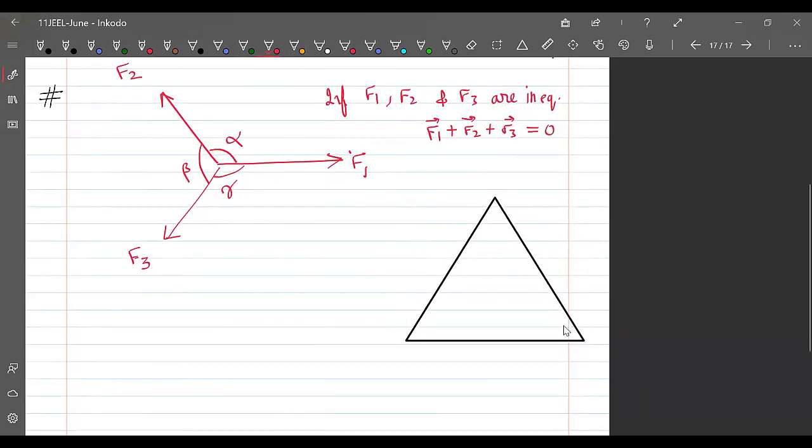So let me take this as F1. ये वाला force F1 हो जाए, ये वाला F2 हो जाए, और ये वाला F3 हो जाए. तो F1, F2 and F3 we can make closed triangle. और उसके बाद फिर अपना साइन लॉ कोसाइन लॉ लिख सकते हैं. तो साइन लॉ जब हम लिखते हैं तो वी कॉल इट इन दिस केस एज लामीज थ्योरम।